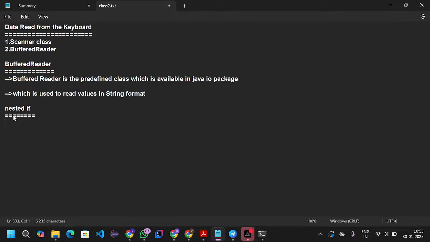Nested if meaning one if block present inside another if block. Okay, the syntax for this one is